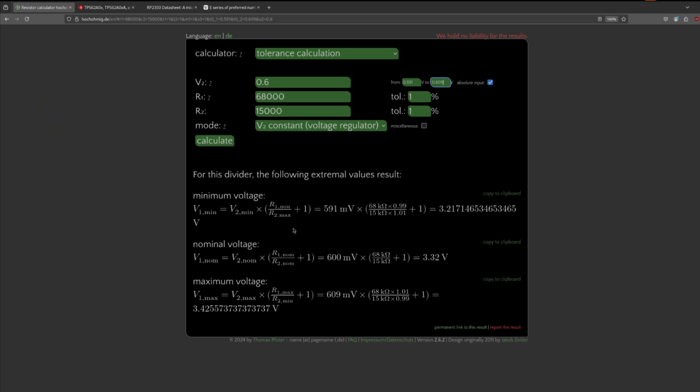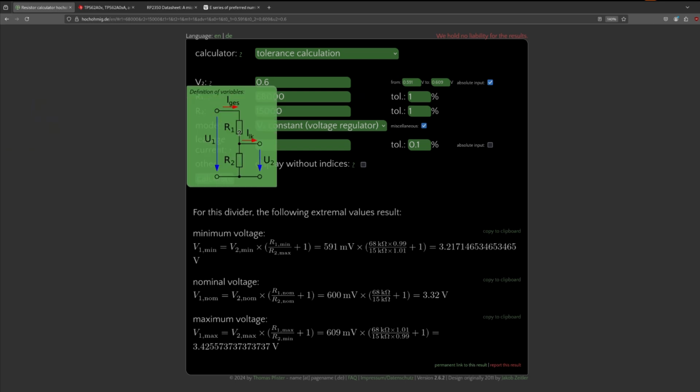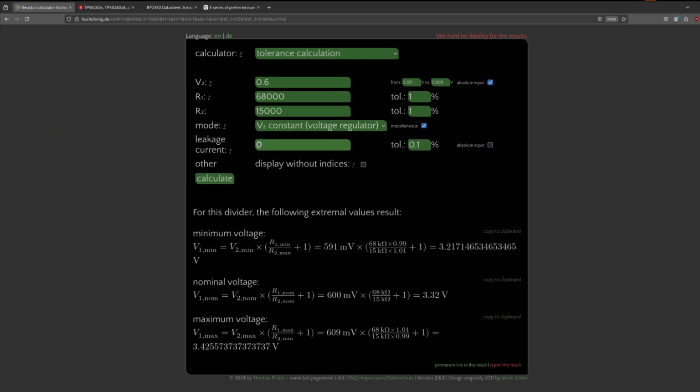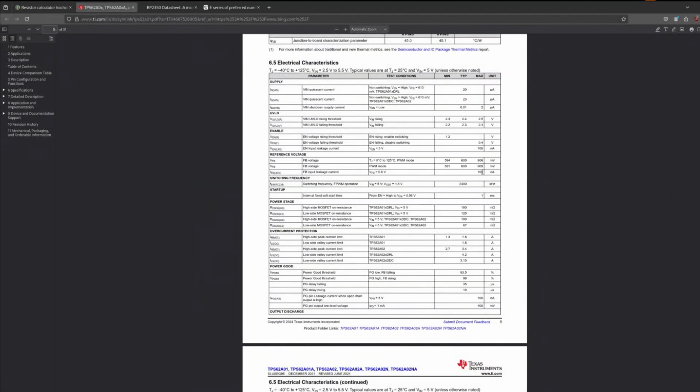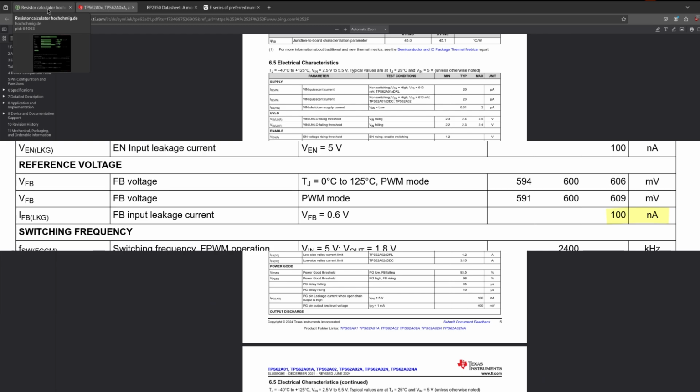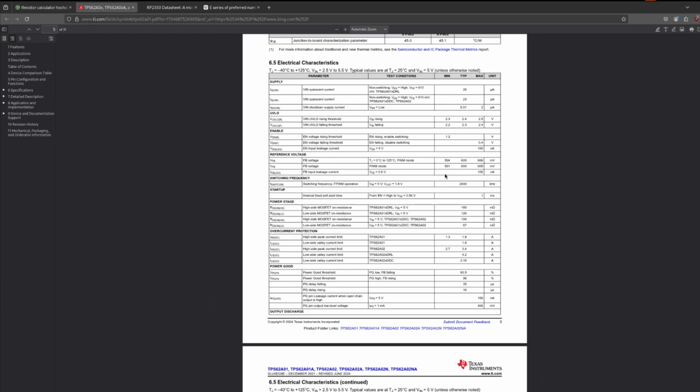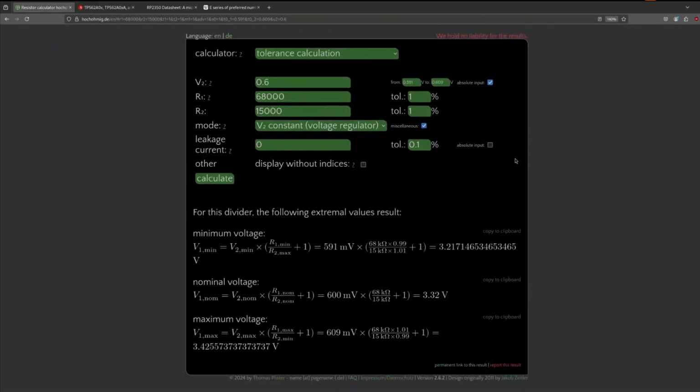Okay, that's it. And what I also saw on the data sheet, let's click on miscellaneous. Now our picture changed. We also have the leakage current here. So there will be a small leakage current into that feedback pin, which is here. And that is given in the data sheet. It's 100 nanoamps, and unfortunately there's no typical and minimal value, so we will just assume absolute input. We will just assume minimum value of 0, maximum value of 100 nano, and nominal value we will just say